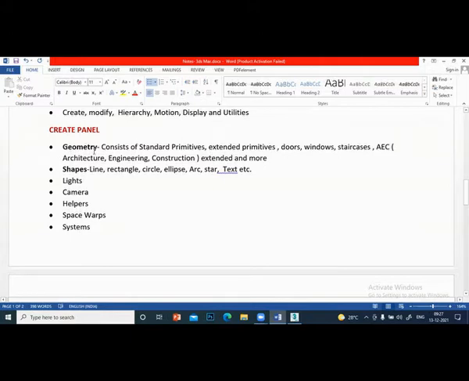Under that, you will see geometry, all the standard primitives, everything is under geometry. Then you have the shapes, that is actually 2D shapes: line, rectangle, circle, ellipse, etc. Then lights, you can create lights from here, camera, helpers, space warps, systems. We will learn one by one later.